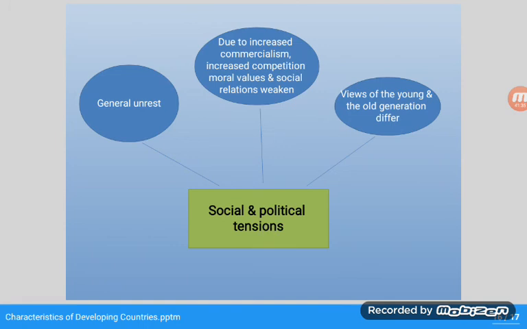As far as political tensions are concerned, one government tries to pull the leg of the other, or the opposition tries to pull the leg of the government, which is the current government. These political tensions, or you can say that when people